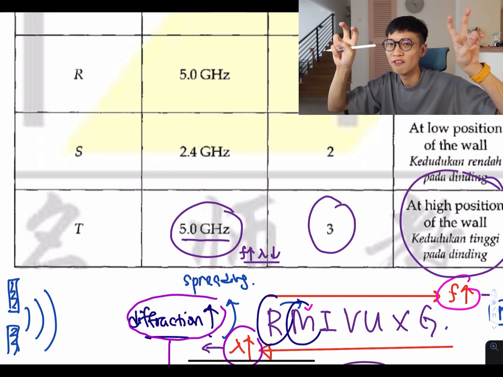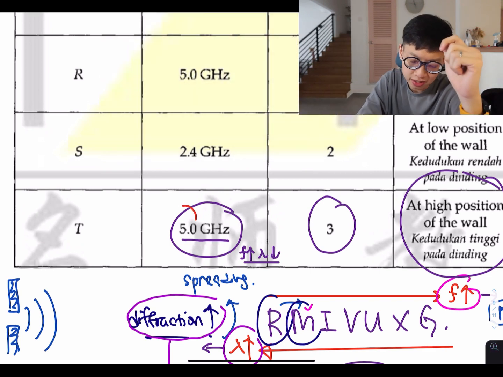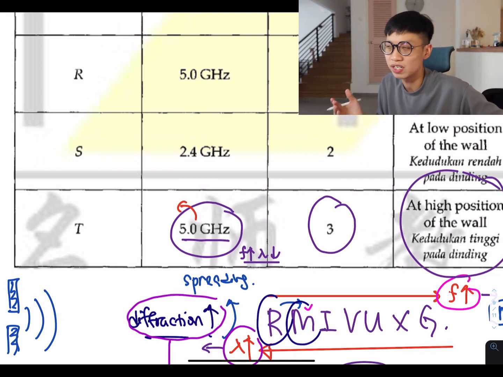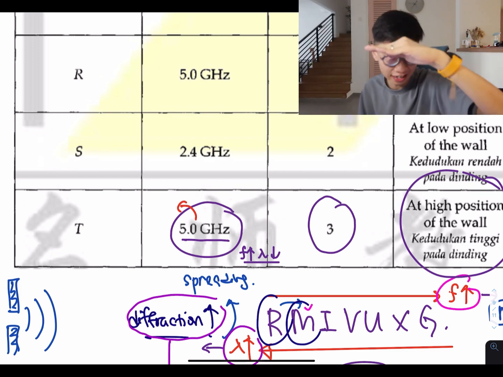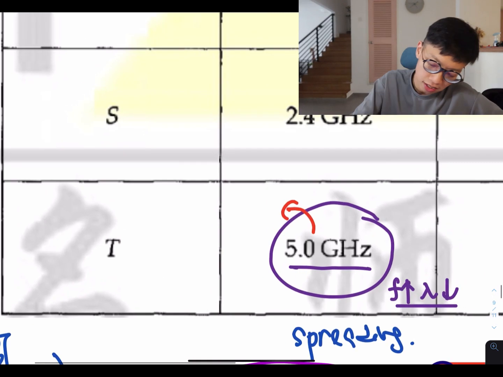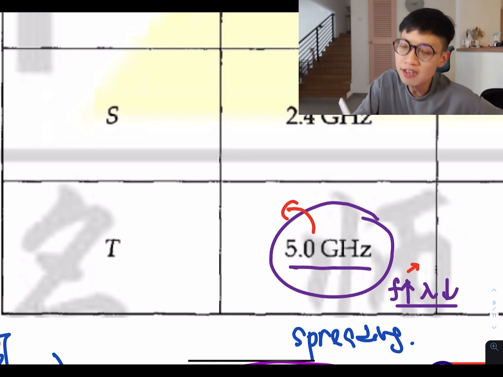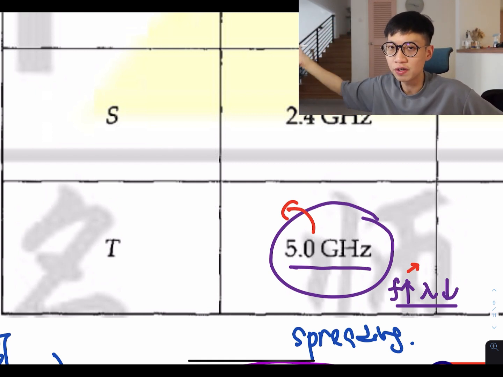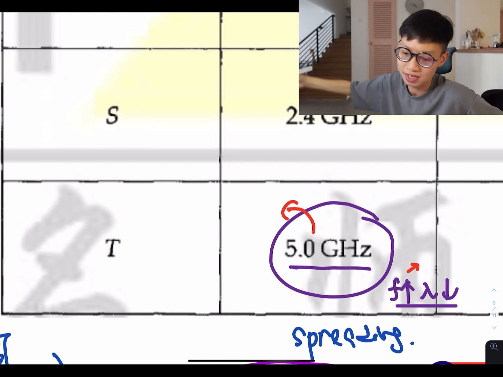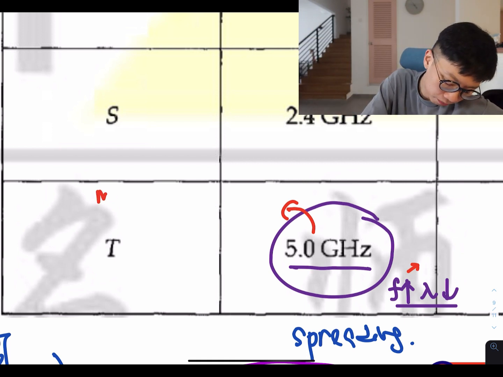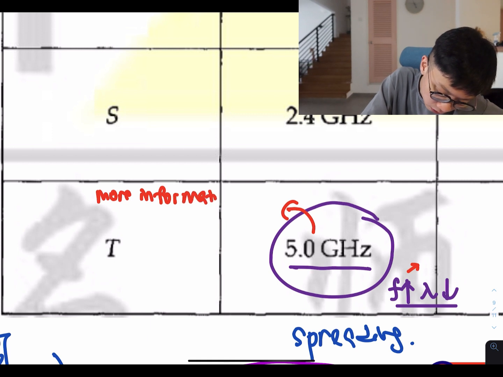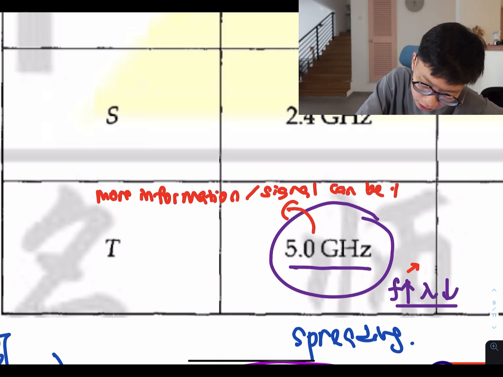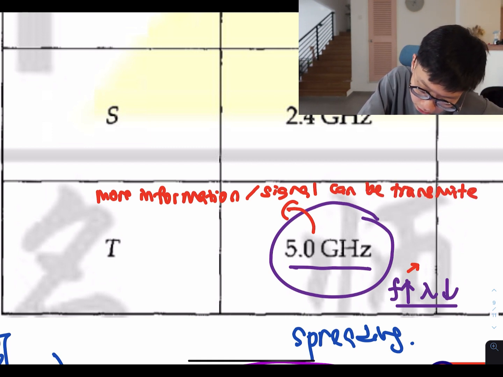Technically, it is faster. Why do we say it is faster? By then you cannot write faster, because faster will let the examiner think that you're trying to say the wave goes fast. You get what I mean? Like go faster. No. Internet faster means when you have higher frequency, frequency is information. Waves per 1 second. The definition for frequency is the number of complete oscillations made in 1 second. So a higher frequency means that more information or signal can be transmitted